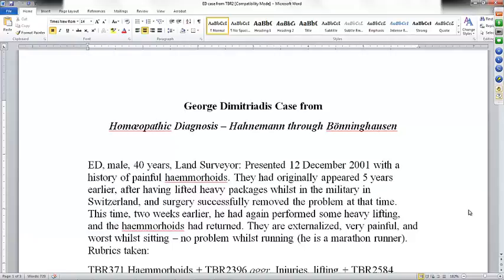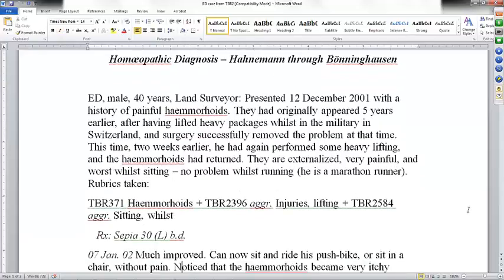And the rubrics that were taken in this case were hemorrhoids, which is symptom 371 in the Therapeutic Pocketbook Repertory. This is the first edition, the 2000 edition of the Therapeutic Pocketbook Repertory. And then 2 modalities, which is symptom 2396, which is aggravated injuries and lifting, and then also aggravated whilst sitting. So just 3 symptoms. And based on that, he decides to give sepia,